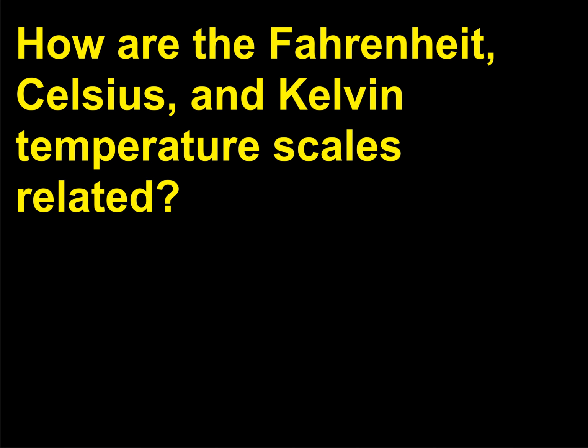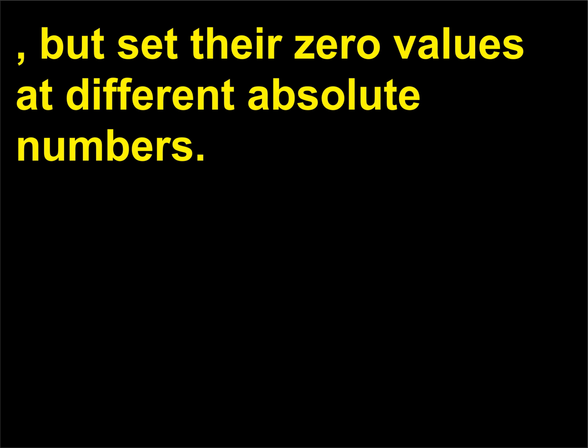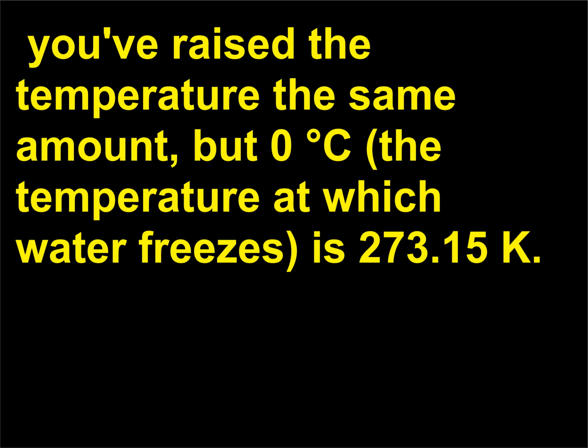How are the Fahrenheit, Celsius, and Kelvin temperature scales related? The Celsius and Kelvin scales use the same size degree. Incremental scaling is the technical term, but set their zero values at different absolute numbers. Let's explain that sentence a bit more. If you go up by 1 degree Celsius or 1 degree Kelvin, you've raised the temperature the same amount, but 0 degrees Celsius, the temperature at which water freezes, is